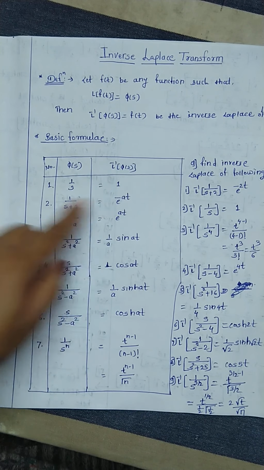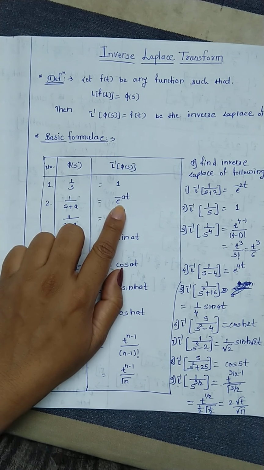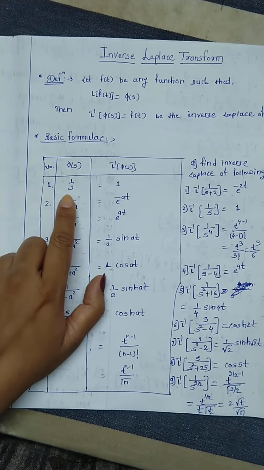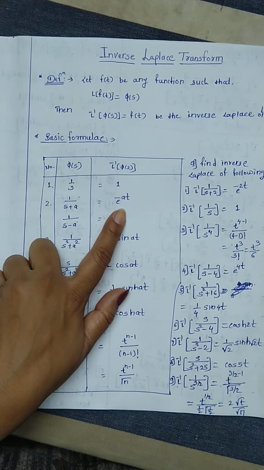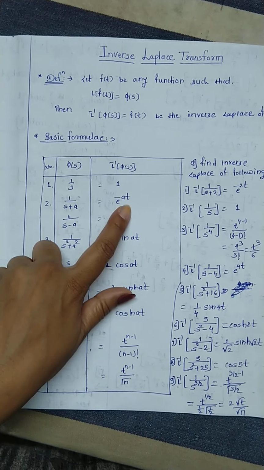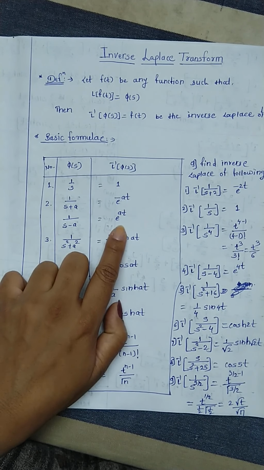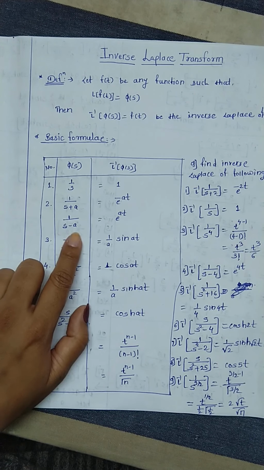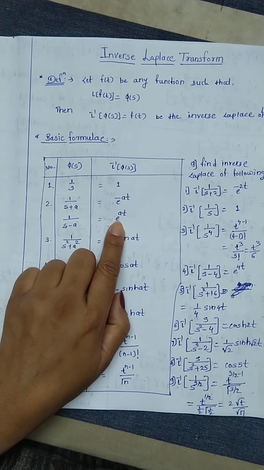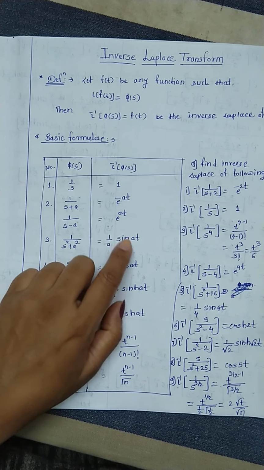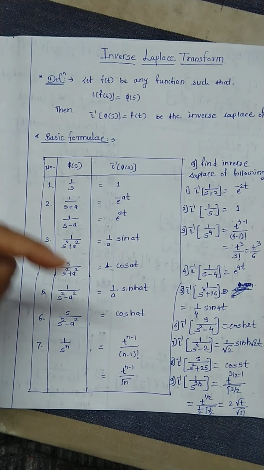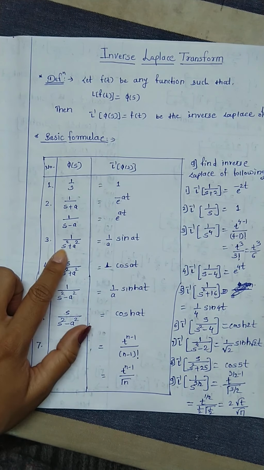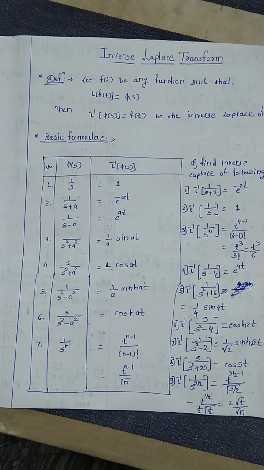Like that only. What is Laplace of e raised to minus at? 1 upon s plus a. That's why inverse of 1 upon s plus a is e raised to minus at. If plus is there, you have to take minus. What is Laplace of e raised to at? 1 upon s minus a. That's why inverse of 1 upon s minus a is e raised to at. You have to just think in the reverse way. Okay, this is not so difficult.